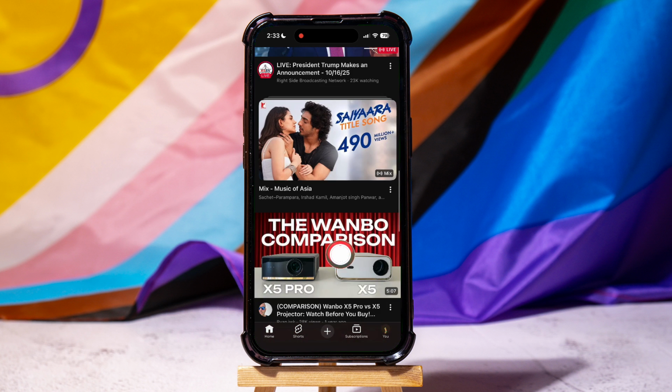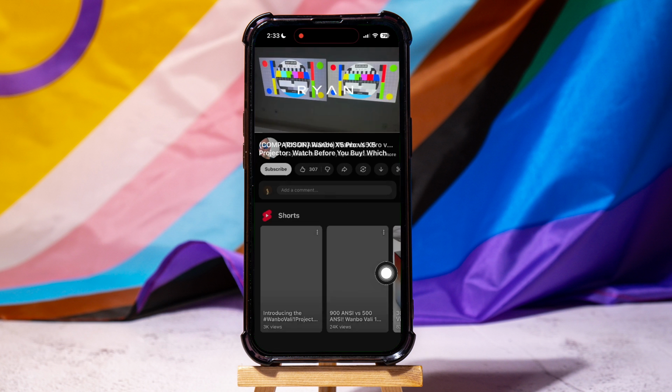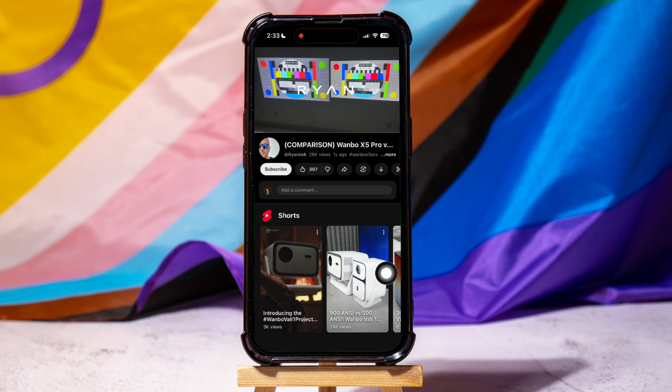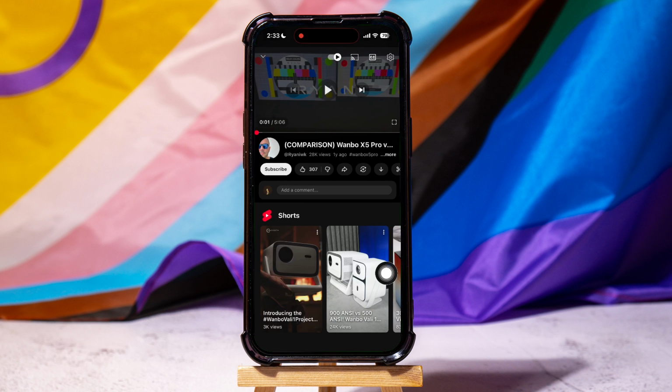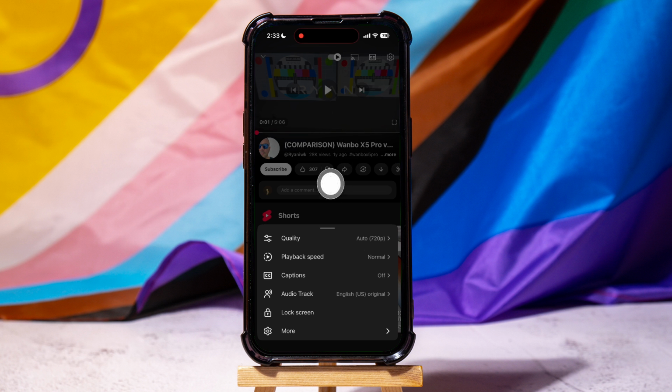Once you're in the app, tap on any video to start playing it. While the video is playing, tap anywhere on the screen to bring up the player controls. Now, tap on the settings gear icon located in the top right corner and tap on the playback speed option